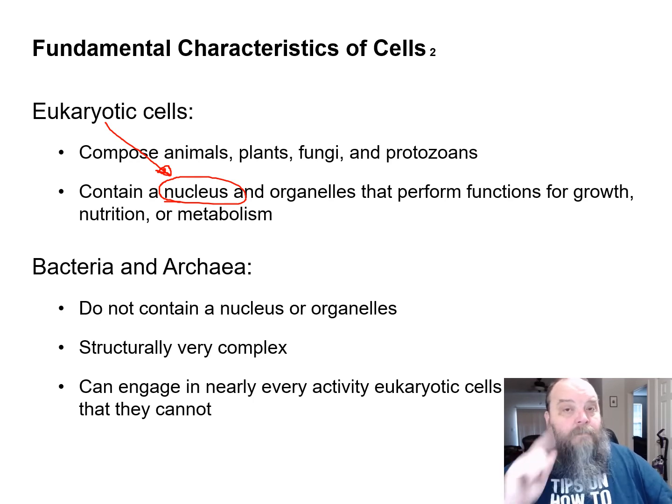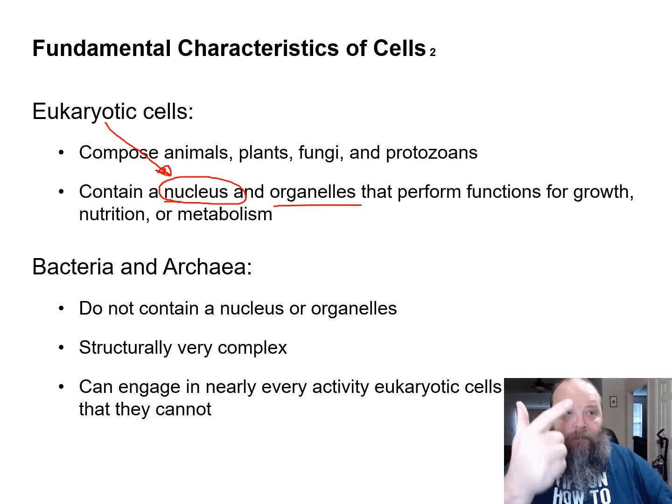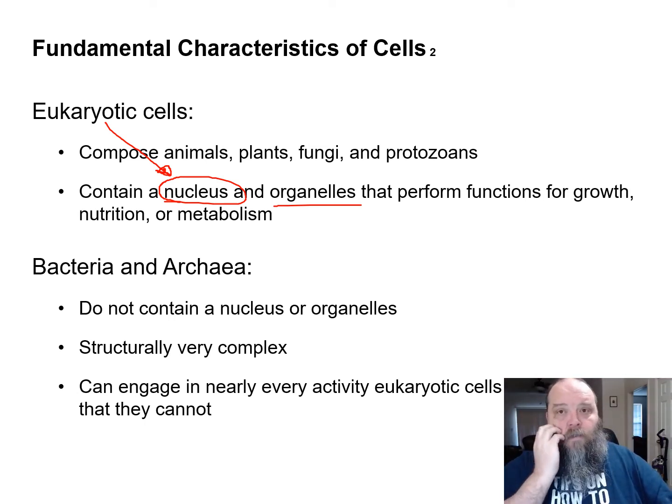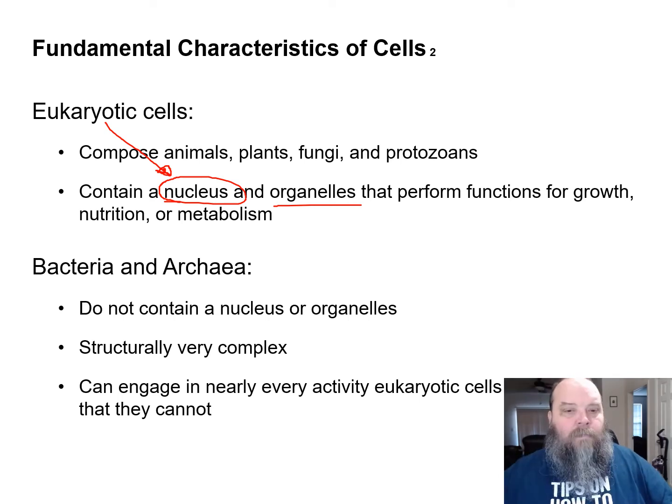But I can find many, many cells in your body that don't have all the organelles. The ER, the smooth, the rough, the Golgi, the vacuoles, all the different vesicles, and so on. Right there, the nucleus. At some point in time, the red blood cells did have a nucleus. They just lost it during development. So every cell in your body at some point in time had a nucleus. Not so much the organelles.